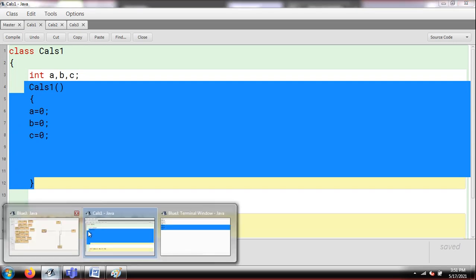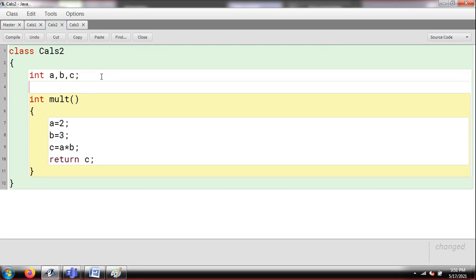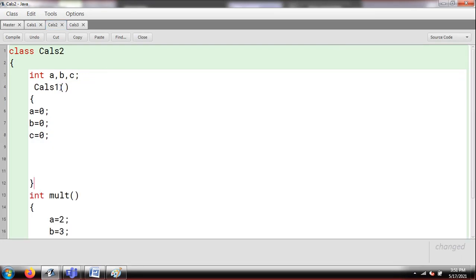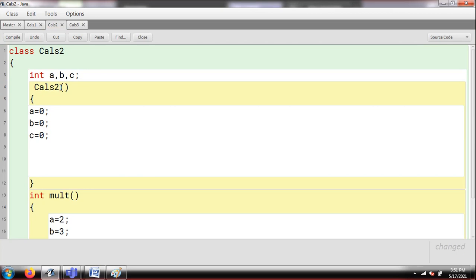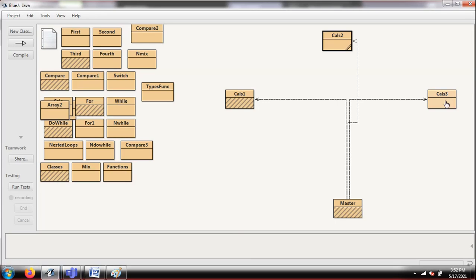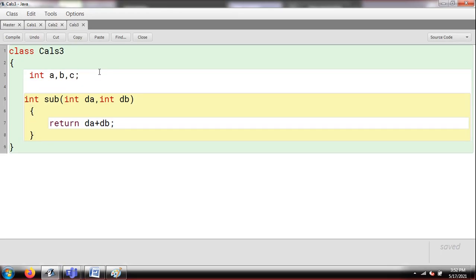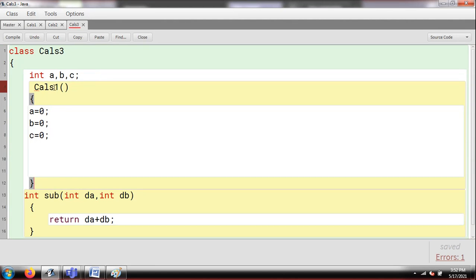Now what I'm going to do next is do this with all my classes, like CALS2 and CALS3 also. I'm simply pasting here because my data members are the same, so I don't need to do anything. I simply write another name and it will be done. So this is the default constructor, guys. It is important, as I have already told you, if you don't write one, Java will do it on your behalf automatically. Java has some constructor, which is basically just initializing your data members with some default value. Default values we have already discussed in our last class. So the same default value will be given.